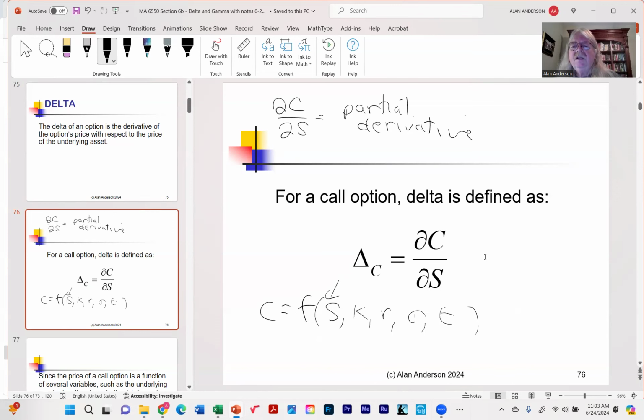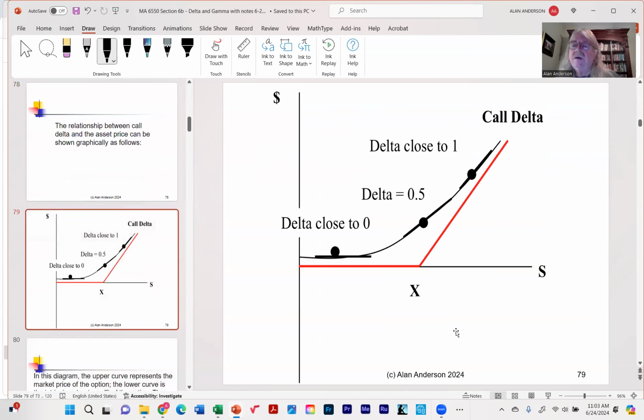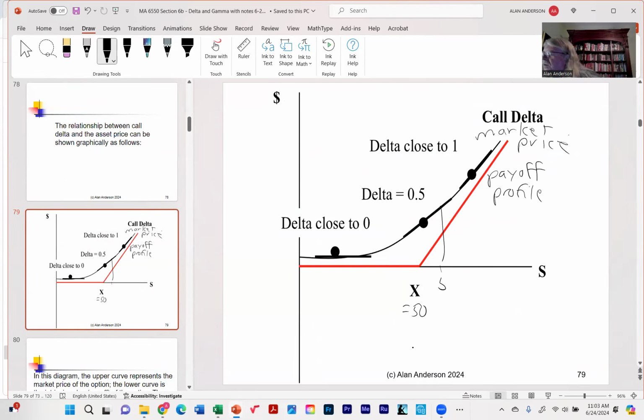Now, the call delta has some interesting properties. By the way, where's it coming from? You remember this graph? This is the payoff profile. This is the market price up here. And the delta is nothing but the slope of the market price at a given point. So when we had 52, let's say the option we were just looking at, X was 50, we were at 52. The slope right here